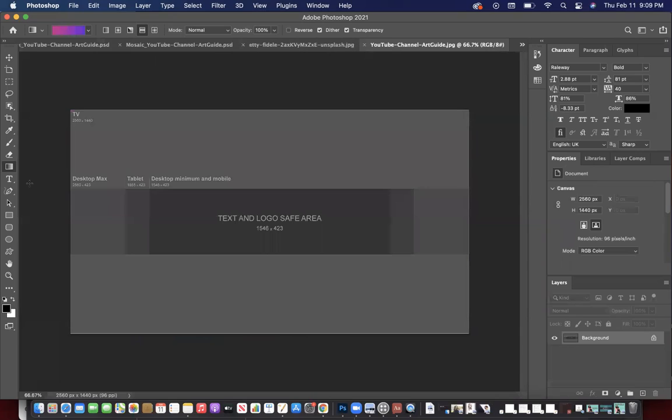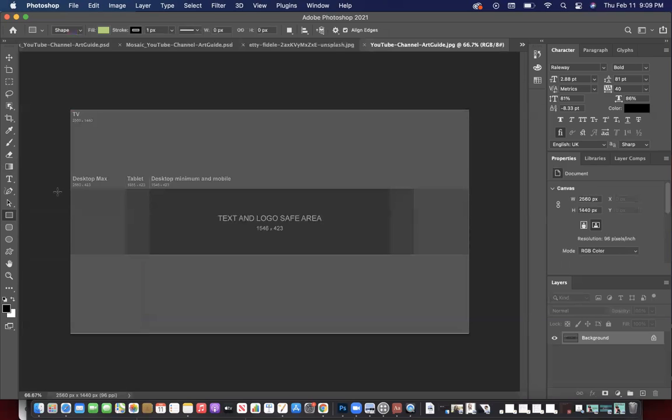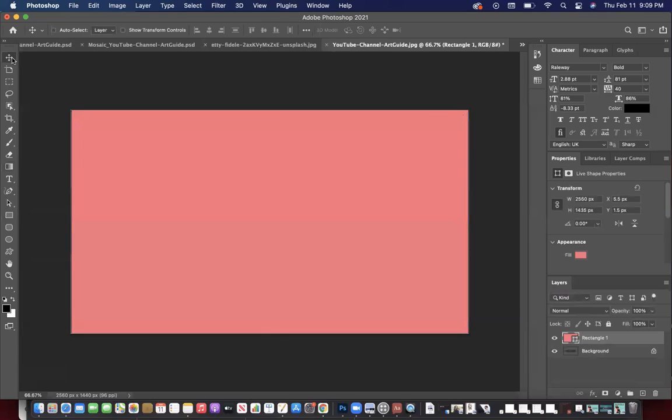Once you have that opened in Photoshop, grab your rectangle tool, and let's start layering on some colors here. So you have your color. Let's go pink maybe. Go ahead and place that using the